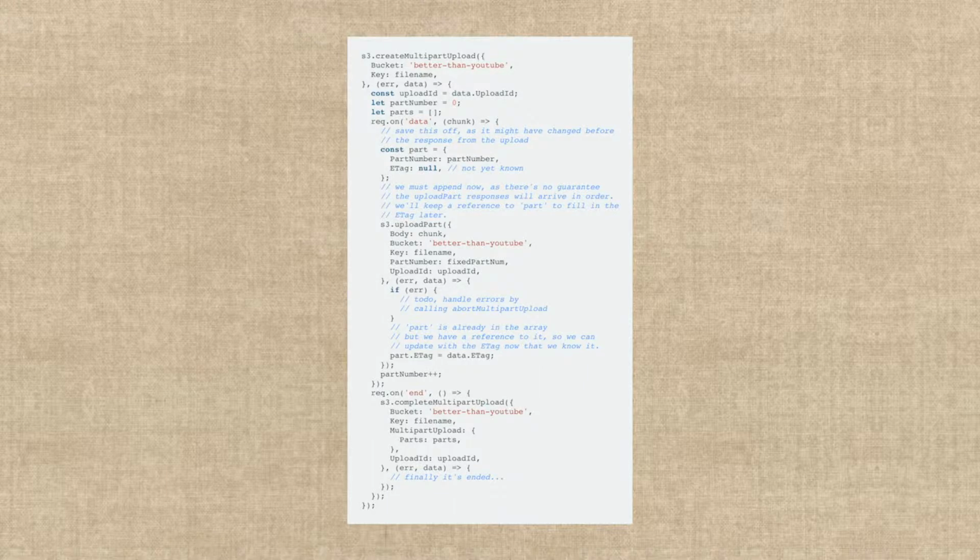So create multipart upload. It's more complicated. You have to start the upload. You upload one part at a time. Once you have all the data, you finish the multipart upload. But OK, it's not so bad, right? Only this isn't quite all of it, because there's no guarantee that